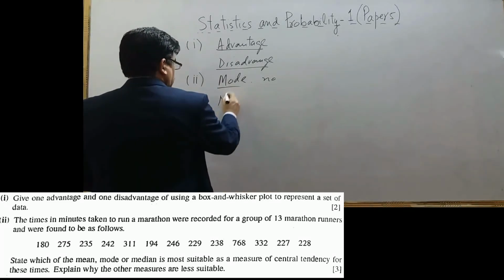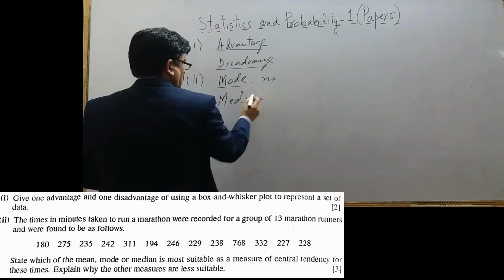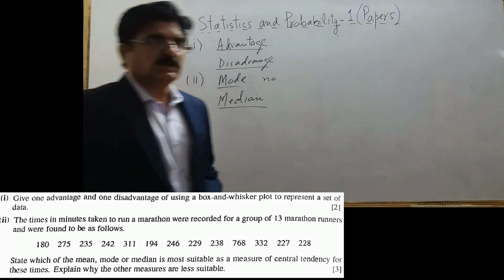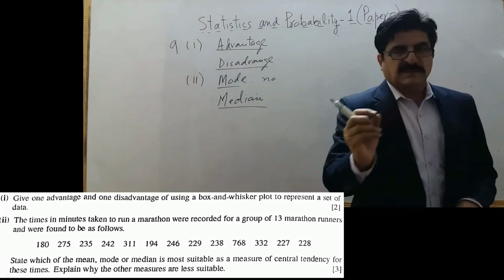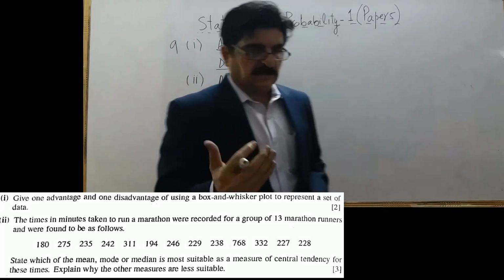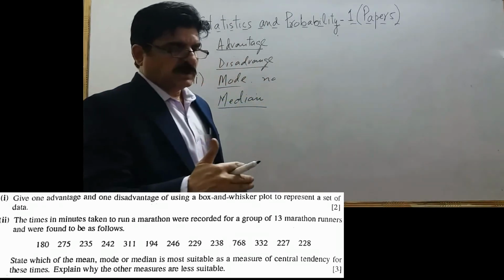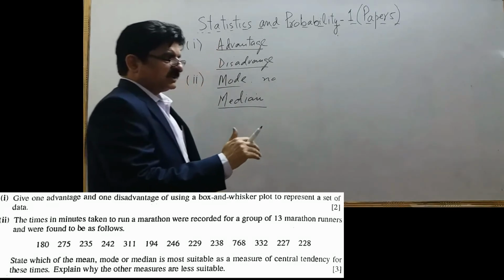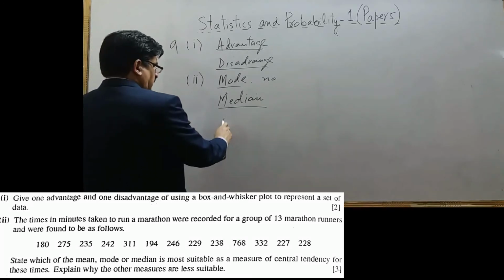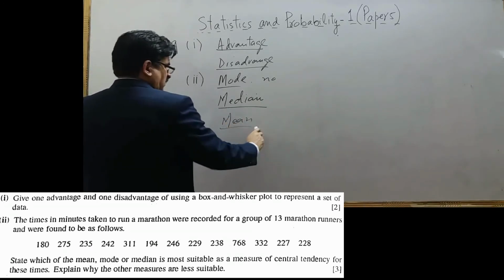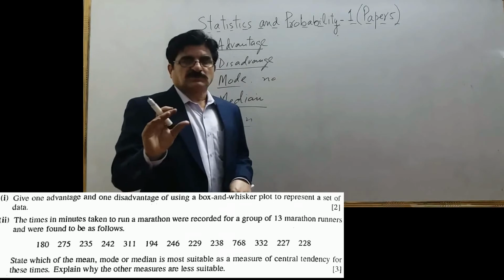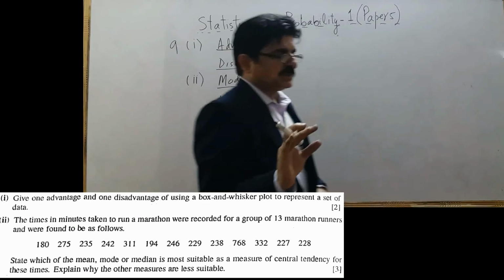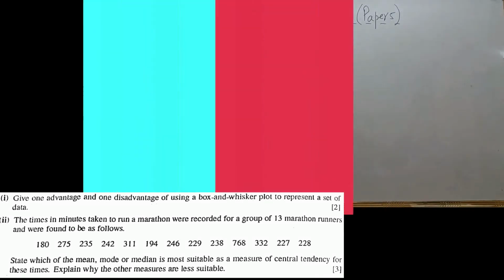Then we have the median. So this is also not a suitable measure of tendency, because the median is only the middle value. So we do not use all the values to measure the median. So the median is here not a suitable measure of tendency. So we are left with the mean. So the mean, because it involves all values. So you can write that the mean involves all values to measure. So here it is a suitable measure of central tendency.